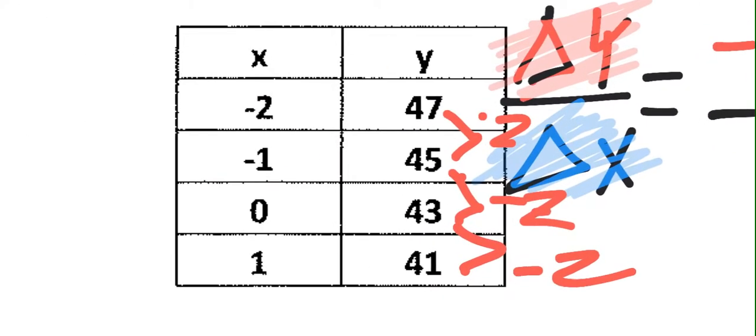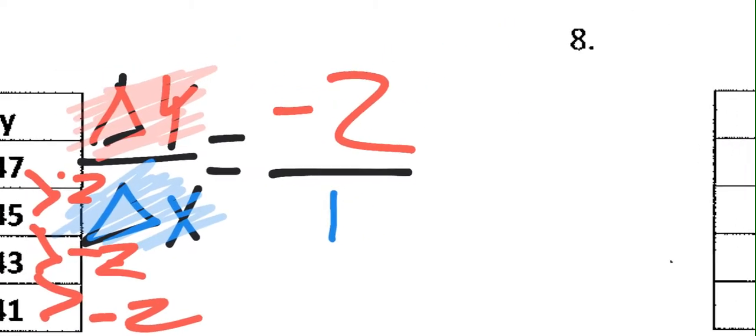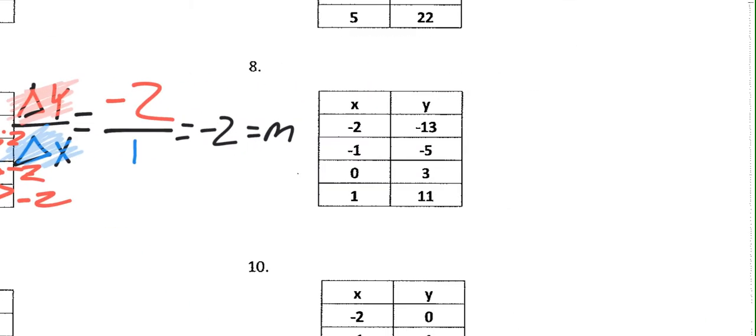And now on the x side, from negative 2 to negative 1, we've gone up 1, and up 1. So here's my rate of change. I'm going to simplify it to negative 2, which is the same thing as my m. Last one of these,